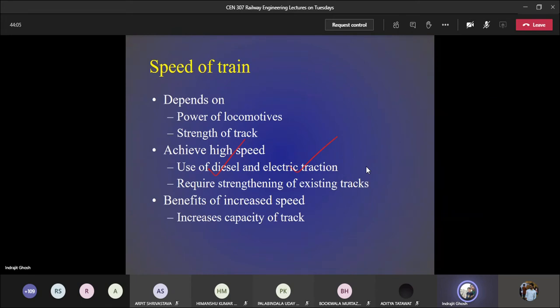People will be saying, "Personal vehicle, bus, finish all that. Let us take the train." So obviously, many people will be shifting to train. That is good for everybody. And the other thing that we have seen in railway engineering is that it increases the track capacity. There are several factors which influence the track capacity that we have seen: faster movement of the train and reducing the spacing between the two trains.